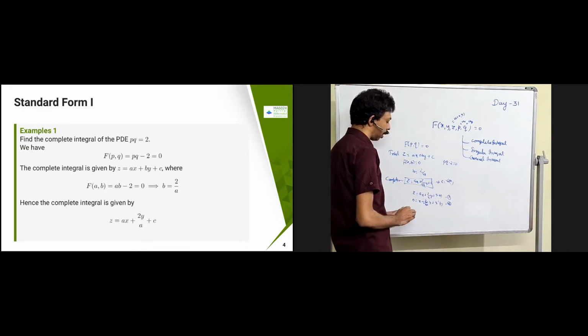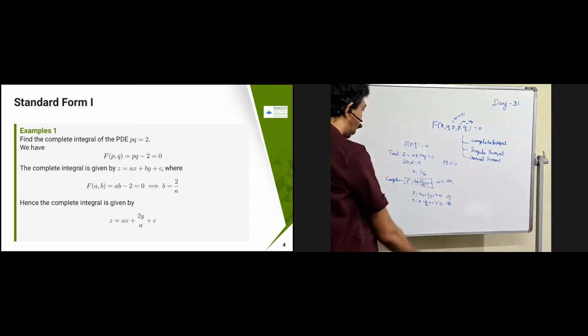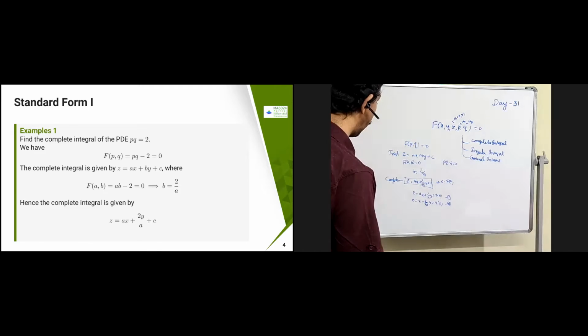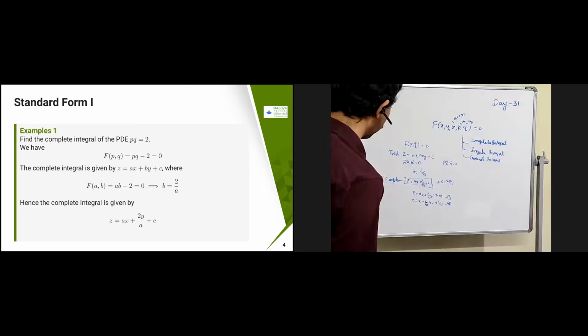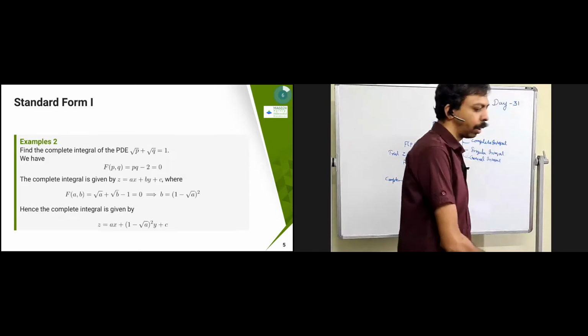That's the general integral, but we cannot in general say what is going to come. Okay, it is going to come in terms of x and y, but we cannot say what the value is. Psi of a is going to come, but then you don't take it. Okay, so this is the general integral for this problem.